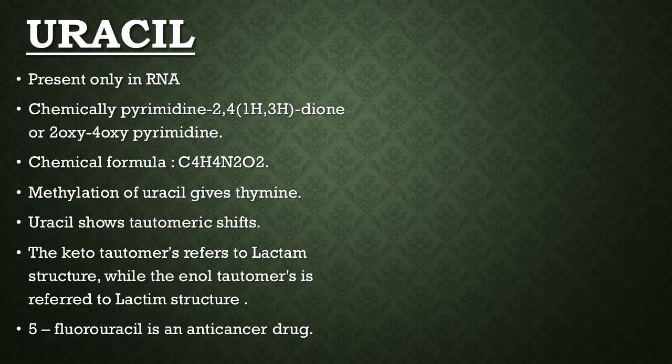Now let's talk about uracil. Uracil is only present in RNA. Chemically, it is pyrimidine-2,4(1H,3H)-dione. Dione means 2 ketone groups are present in uracil, or 2-oxy-4-oxy pyrimidine. The chemical formula of uracil is